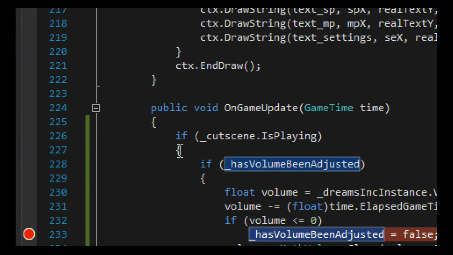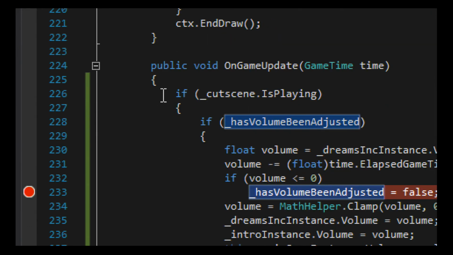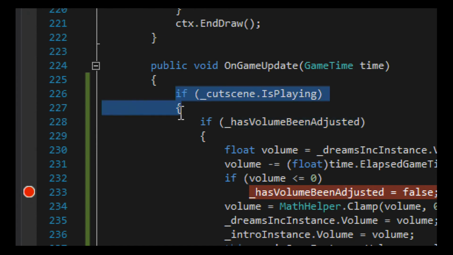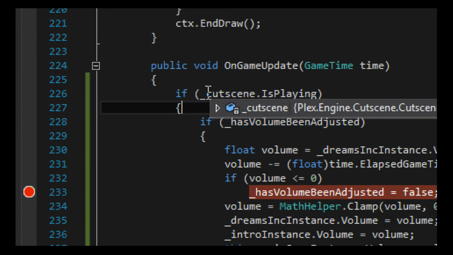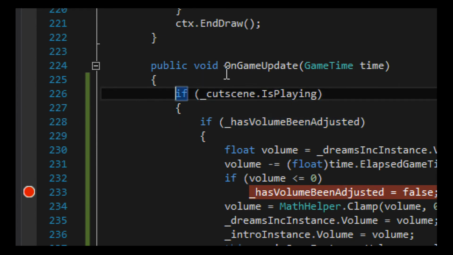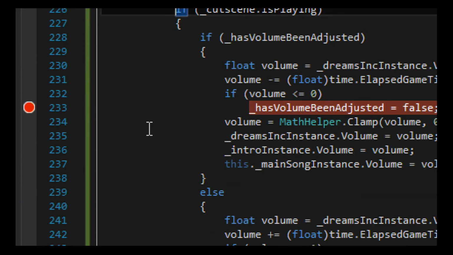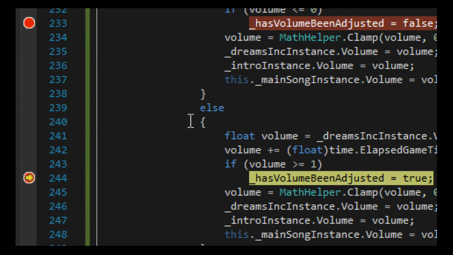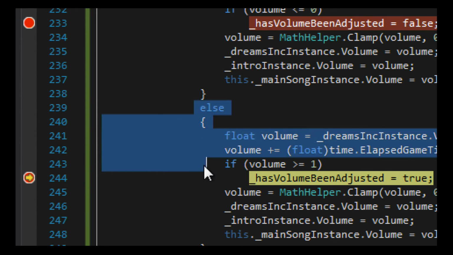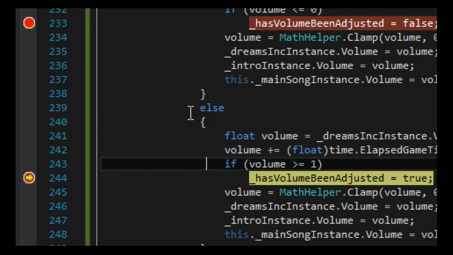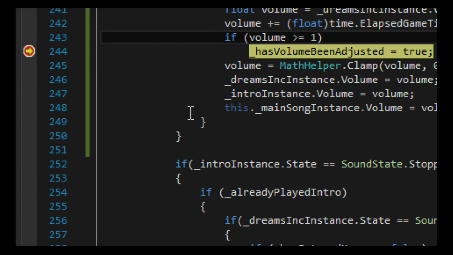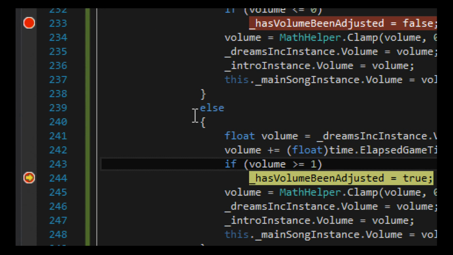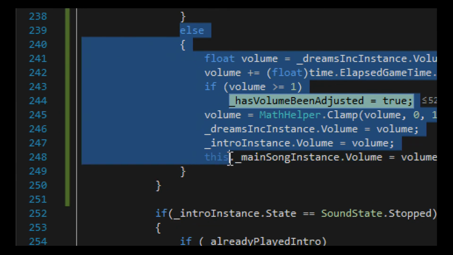The cutscene is always playing because I have it set up in a debug mode where it's always playing a cutscene, even though it's not. But this code is running when the cutscene is playing. We don't want that to happen while the cutscene is playing. We want it to happen when it's not playing. So the correct spot to put this else statement would be